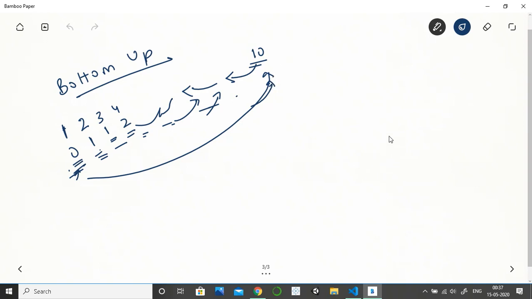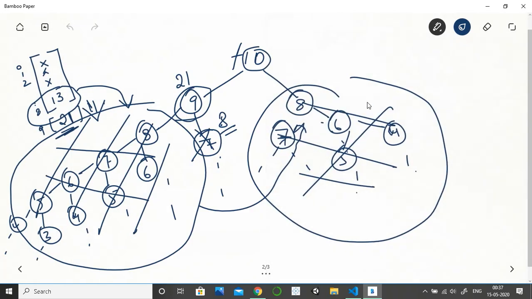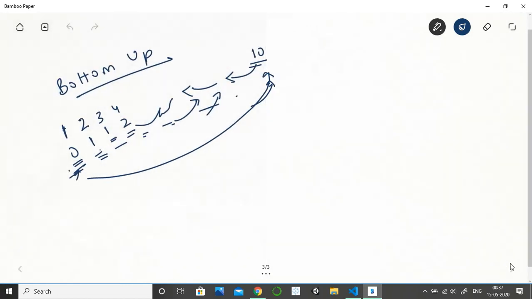Similar to this, we also have the top down approach, which works like this tree structure. Basically a top to down approach. What it will do is create the entire recursion tree, 9, 8, 8, 7, and it will go up to the bottom.